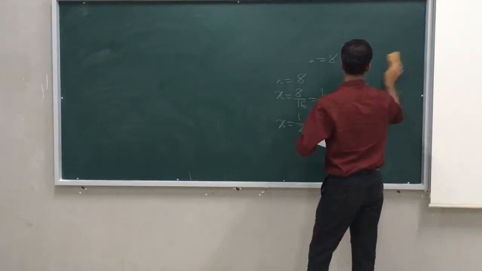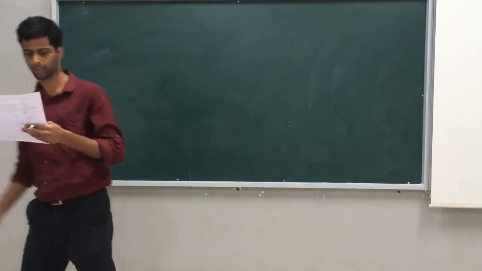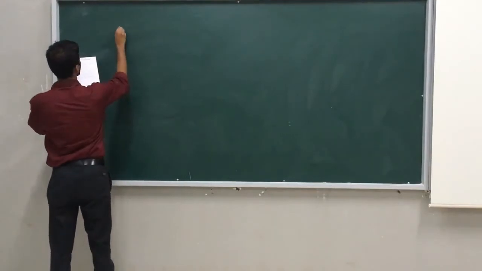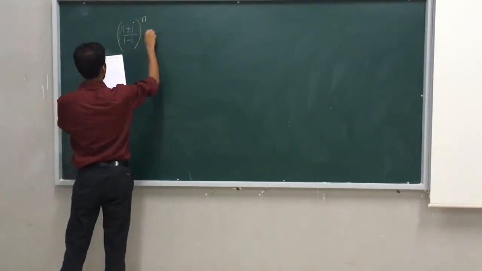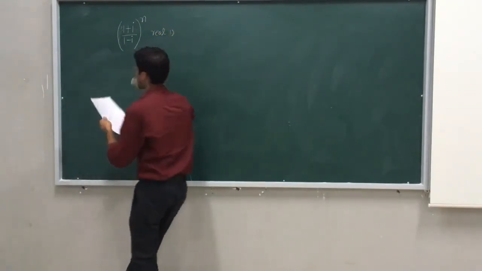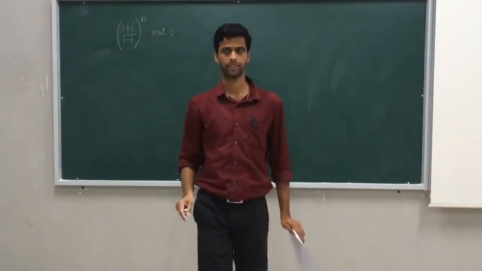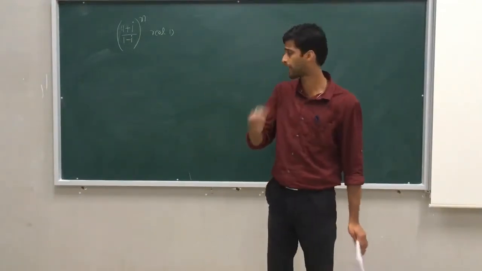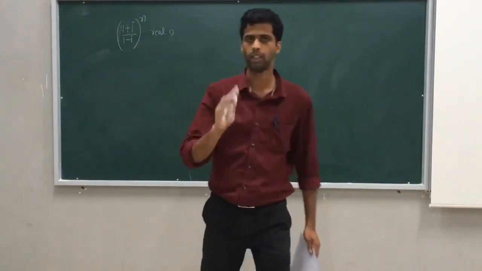We cancel all questions because of the time constraint. But if I solve some difficult questions, you will manage the rest easily. Therefore, the next question is: the least positive integer n for which (1 plus i) divided by (1 minus i), the whole power n, is real. What is the question? What is the integer n which is least? If I ask you 1, 2, 3, 4, which is least, you'll say 1. What is the least value of n which makes this complex number real? First question is whether it's a standard form. No, I will make it a standard form.